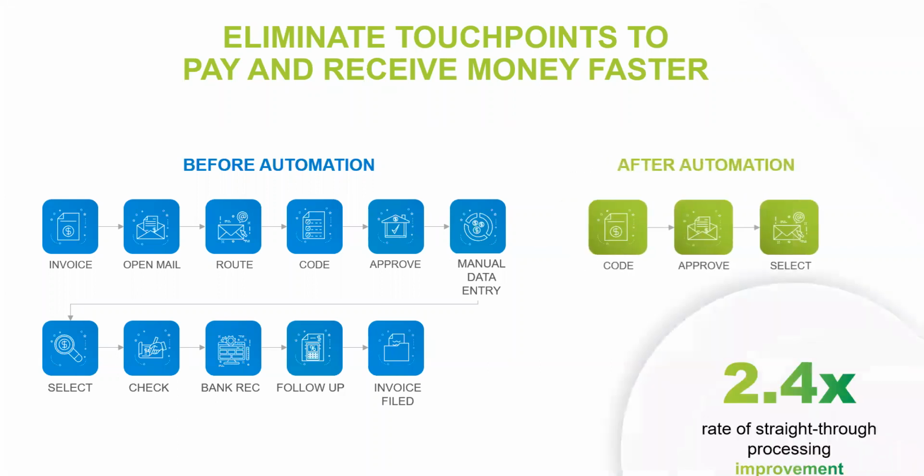After automation, this is what you do. The process is streamlined and simple. You code the invoices, you approve the invoices, and you select the invoices for payment. Other than these 3 green tiles that you'll retain responsibility for, everything else will be offloaded by the automated solution